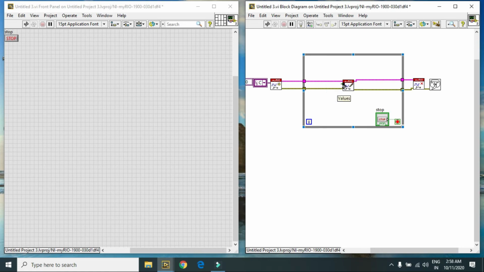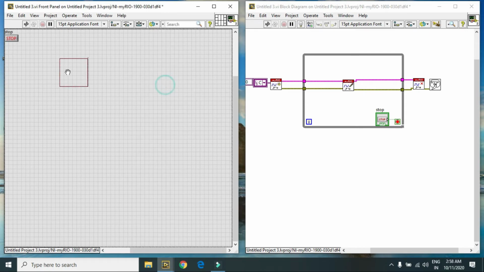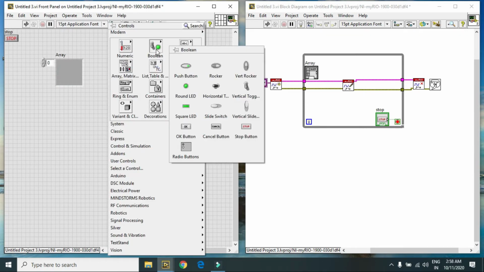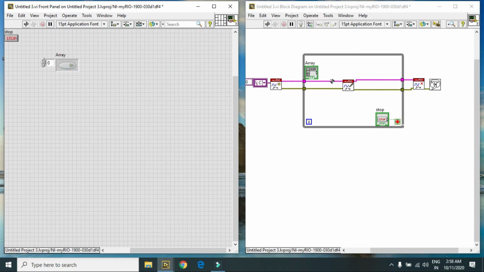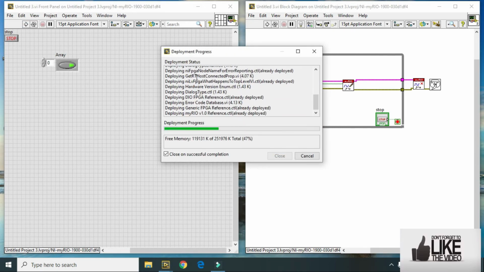In this I have to give values. For that purpose I create a blank array. In this array I select push button, and this push button is connected to this. So first I have to initialize this, because if you don't initialize this, it gives some error. So again I hit the run button, and hardware connections are the same. It will save my program.